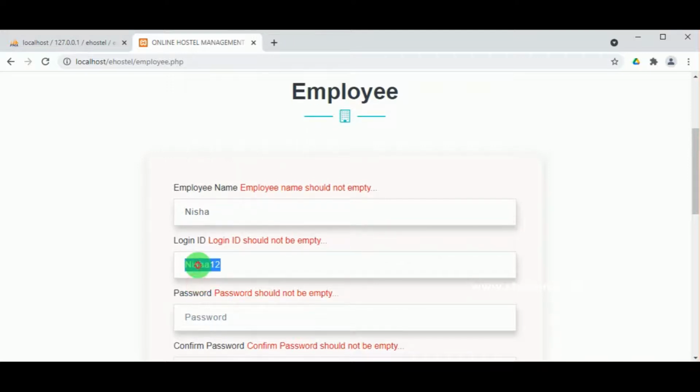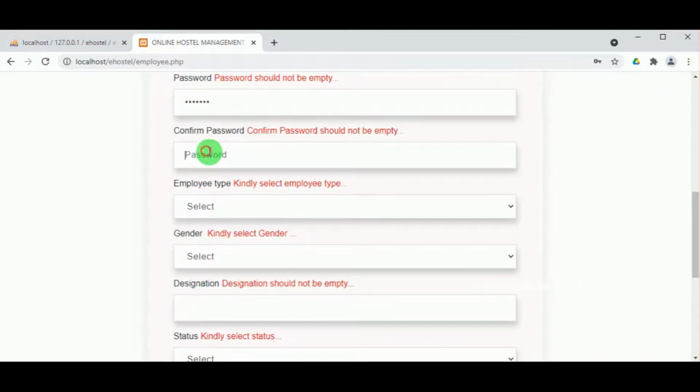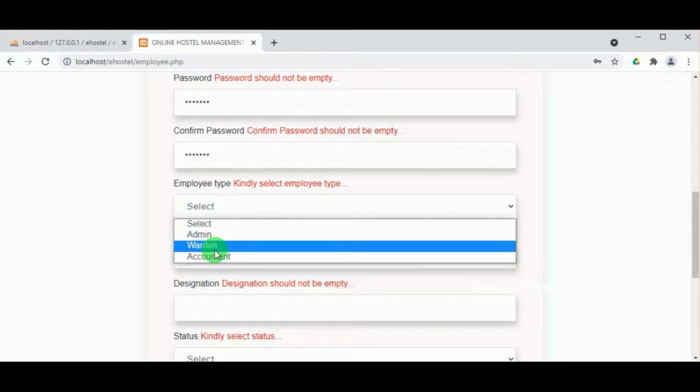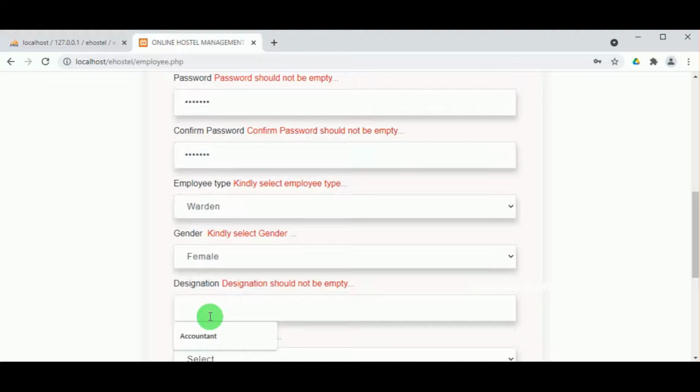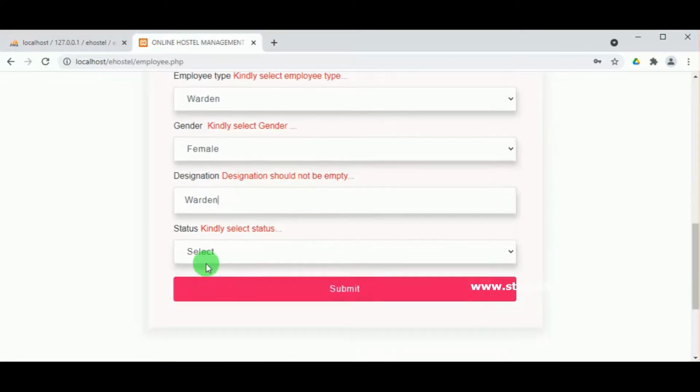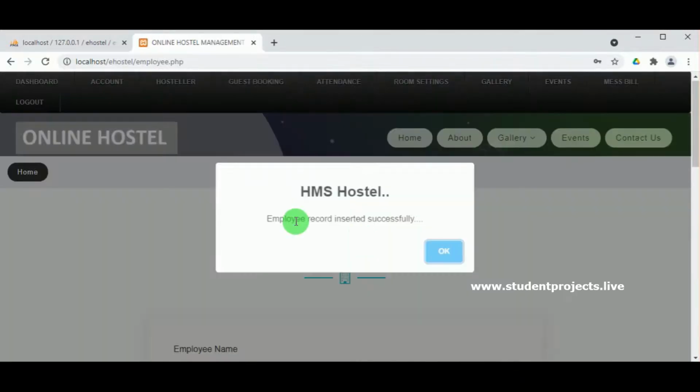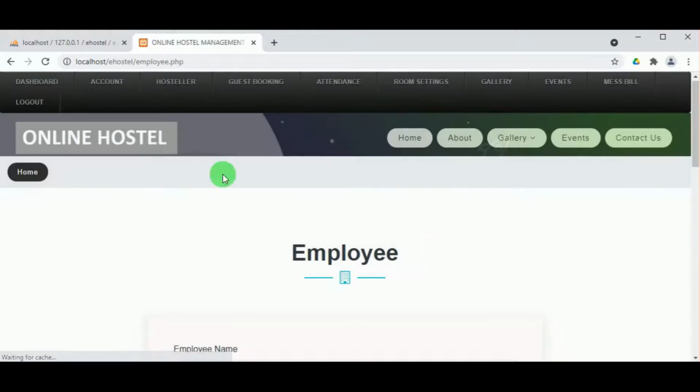So we are adding the employee name, login ID, password, then the employee type, gender, designation, and the status must be selected as active, and clicking on submit you can see the employee record is inserted successfully